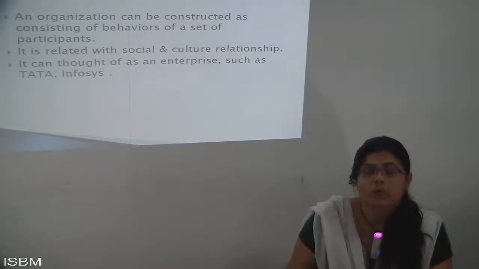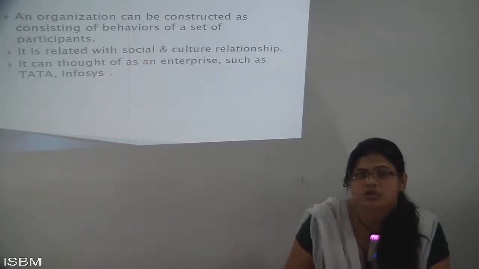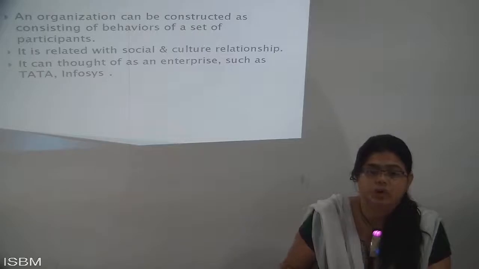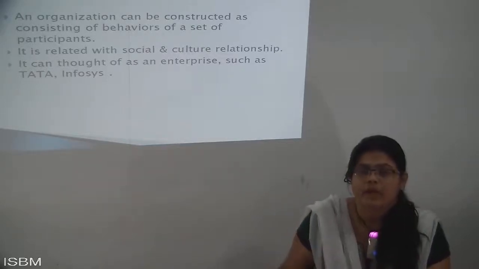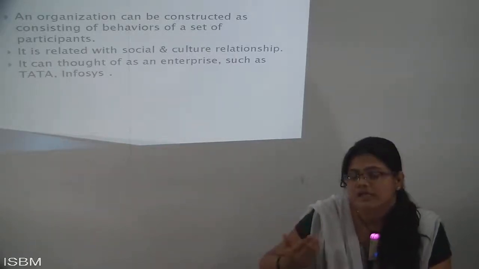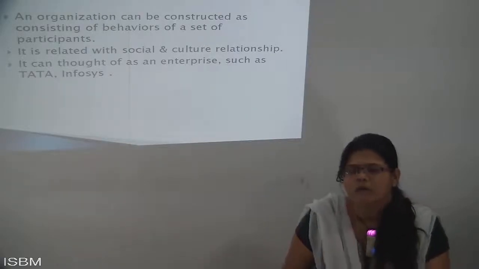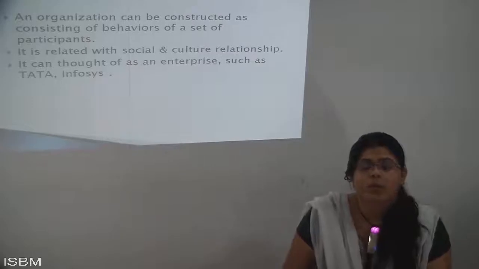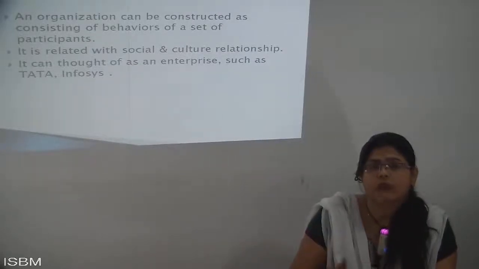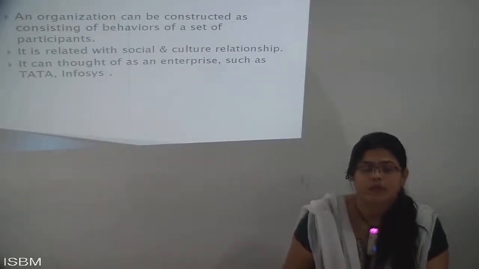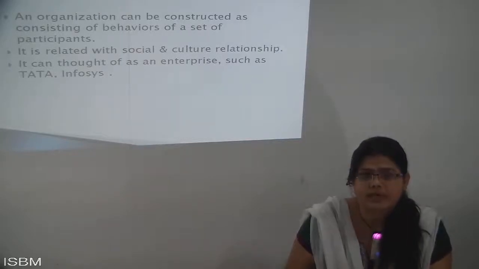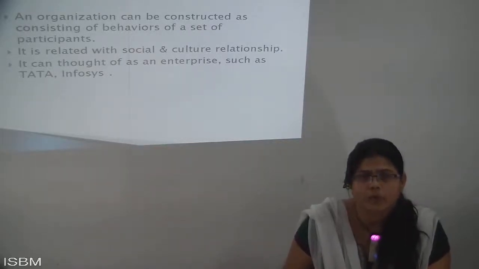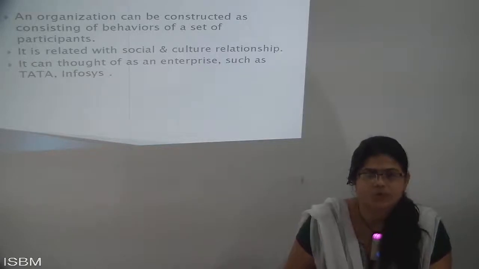As you're working in their organization, you also need to become like them: how these people are behaving, we also need to follow. Simple. For example, if you go to a hi-fi college, a good college, like IIM, or IITs,